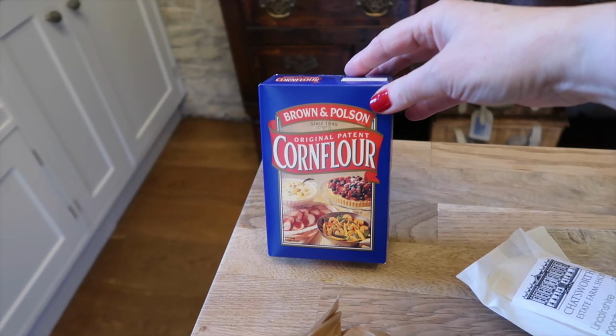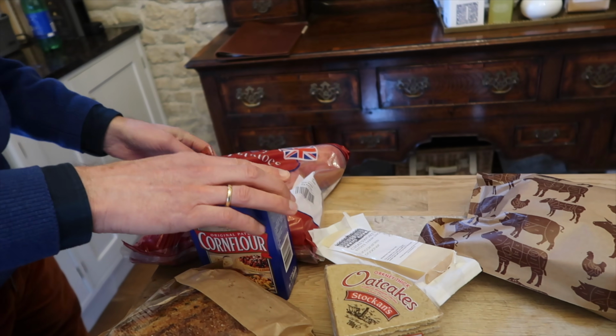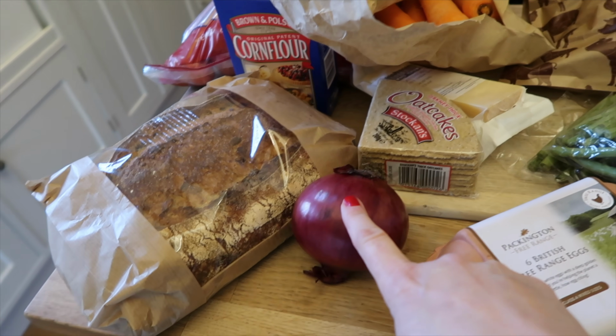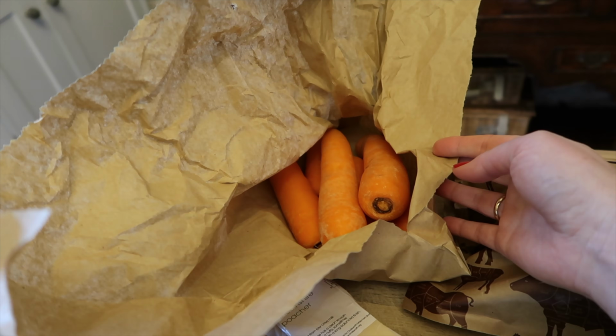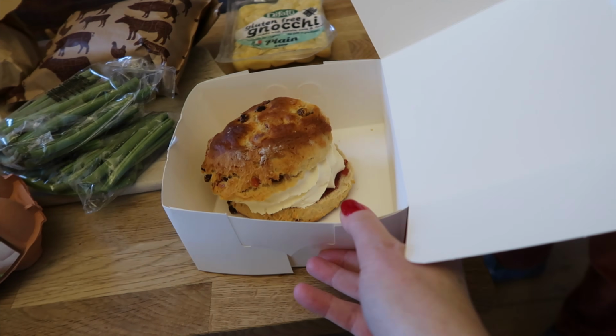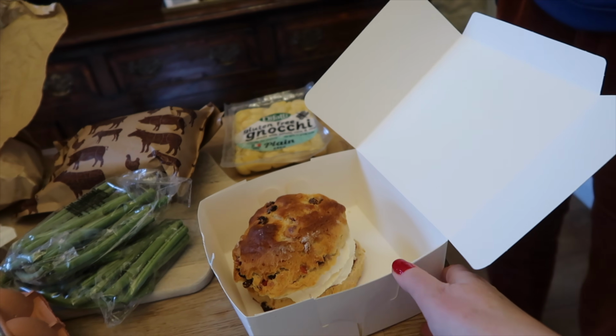This is corn flour, potatoes for the cottage pie. Okay, that's the rest. Eggs, beans, an onion, and carrots. Wow, amazing. Well, we don't eat sweets during the week, so...